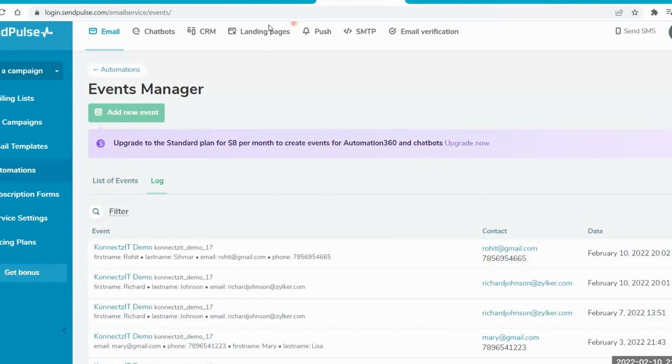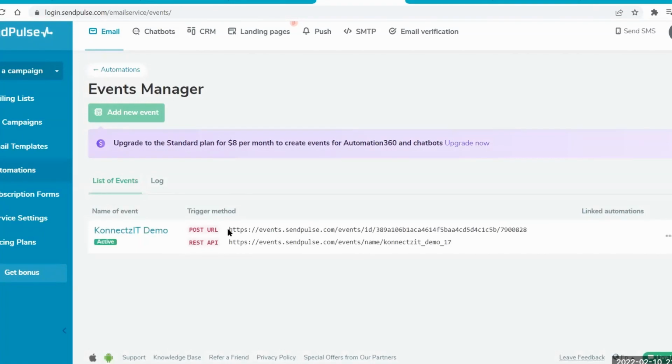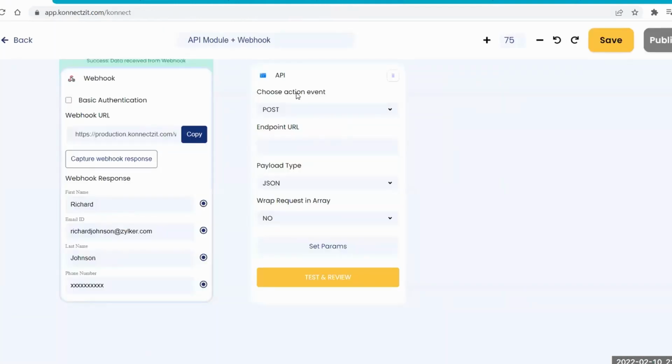So what exactly I'm going to do here is I've created an event already. I'm just going to copy this particular URL that I have, the post URL, since I'm performing a post function here. What exactly I'm going to do is post this data, which I have from the Zoho, to the SendPulse without actually using SendPulse, just like how the function says to post the particular information. So I've pasted the URL here